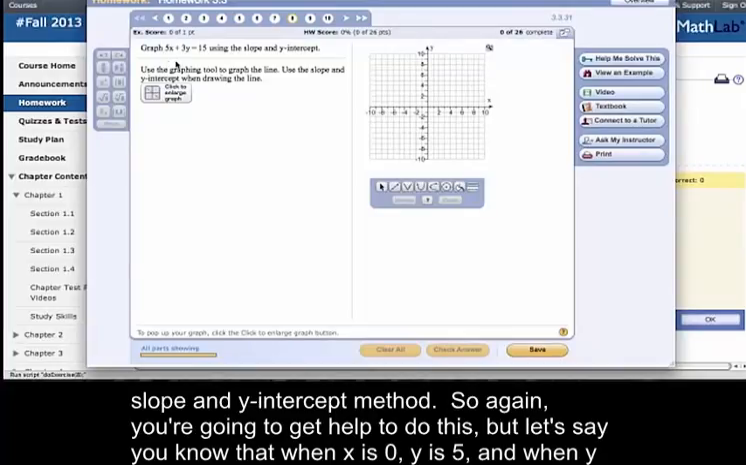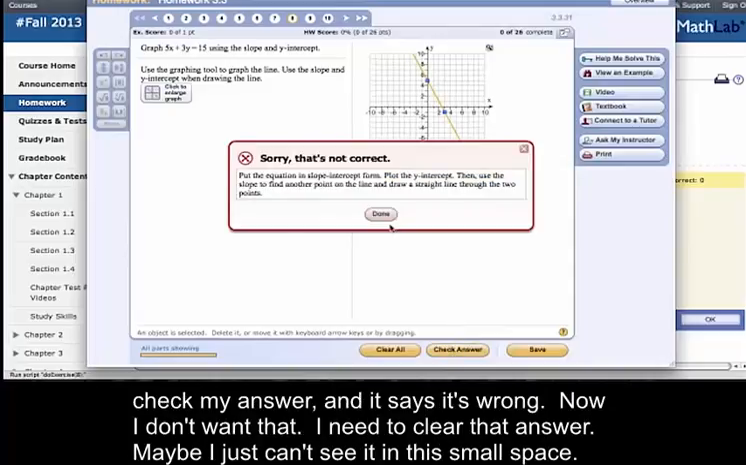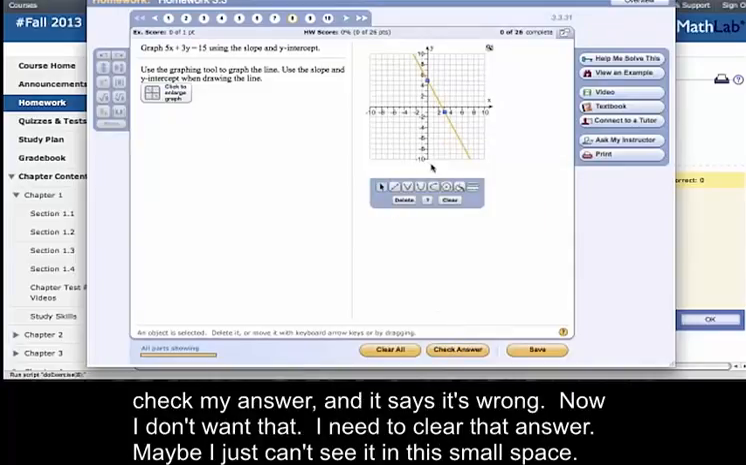So again, you're going to get help to do this, but let's say you know that when x is 0, y is 5, and when y is 0, x is 3. So you go down here, and when x is 0, y is 5, you click, and when y is 0, x is 3. But let's say I miss, and I hit it here. So I check my answer, and it says it's wrong. So now I don't want that. I need to clear that answer. Maybe I just can't see it in this small space. So I clear the answer,